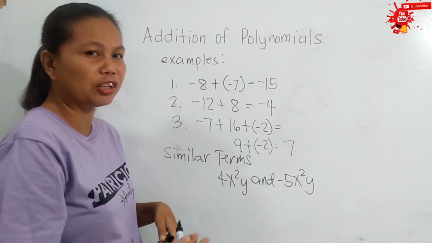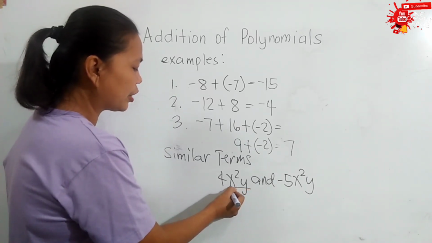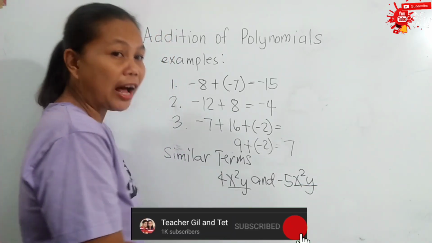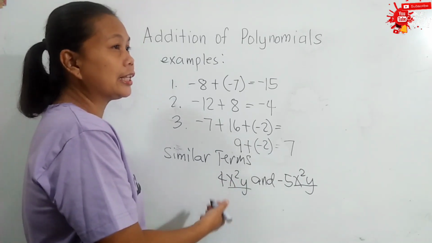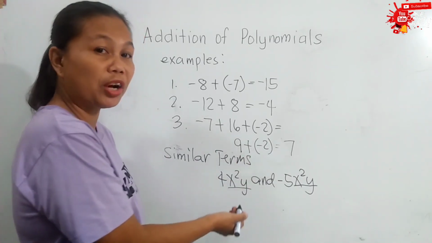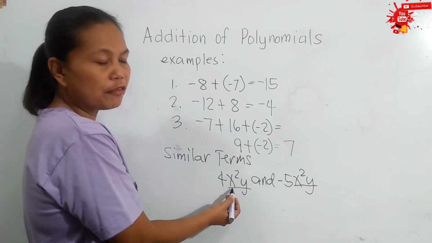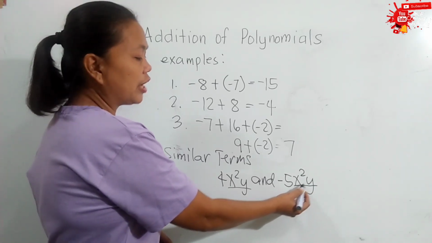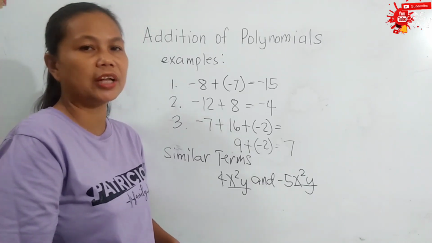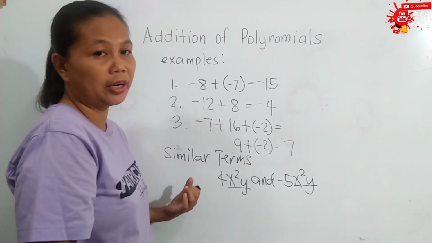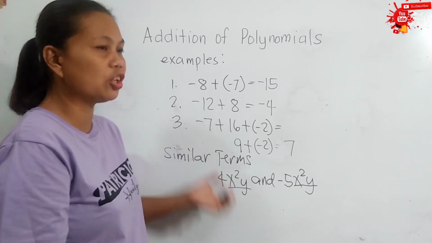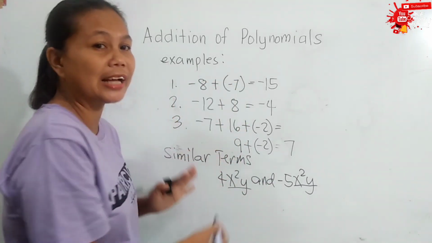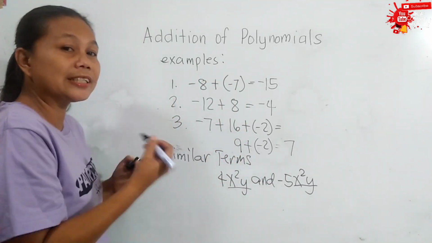So what are we talking about today? Literal coefficient. This is the literal coefficient: the variables with their exponents, the factors in a given term indicating the variables with their corresponding exponents. We have the literal coefficient x squared y, and the other term also has a literal coefficient of x squared y. Since they have the same literal coefficient, these two are similar terms. Take note that we can only add polynomials which are similar terms, so we can add these two. Later, we will discuss how to add them. Let us have more examples.